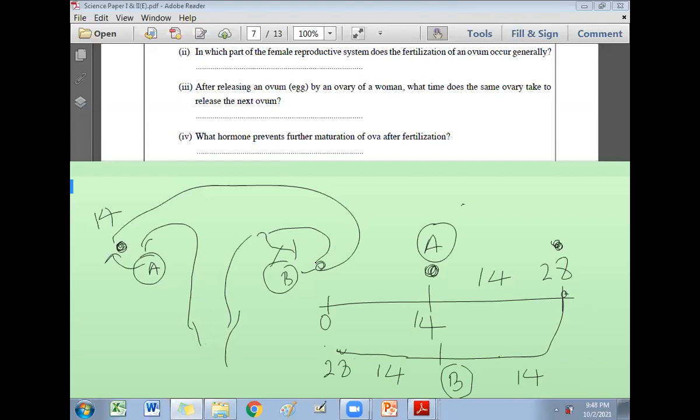I'll ask the answer from you first. Who can give me the answer for this? Now again the next cycle begins. Third cycle: first cycle for the ovary A, the egg; second cycle for the ovary B, the egg; the third cycle, the 14th day. That means here 14, here 14, here 14, and after that only A comes again. Again it goes to the next cycle. How many days now? 14, 14, 14, 14. How many days? I'll ask the answer from Kumar.